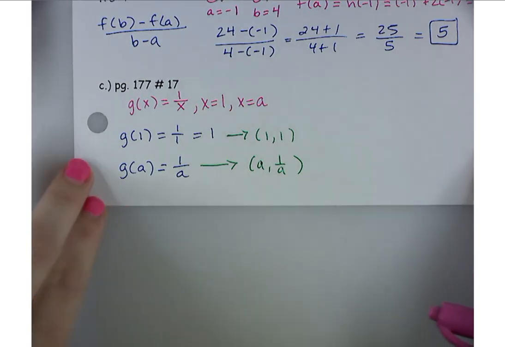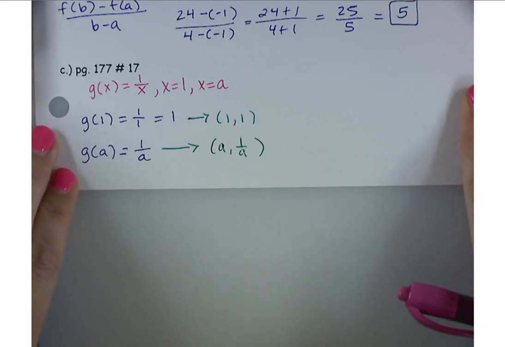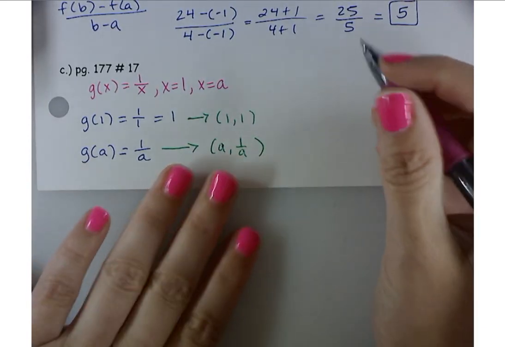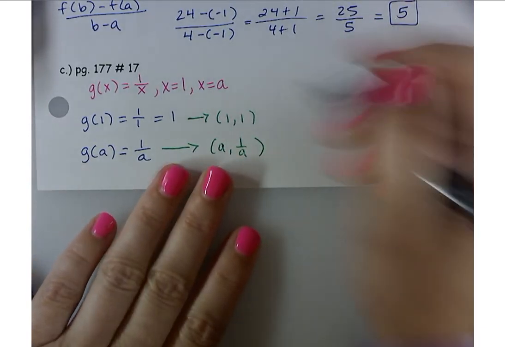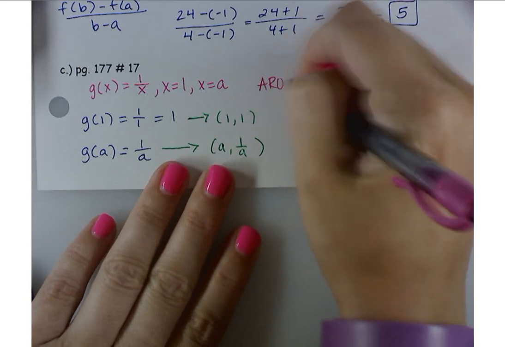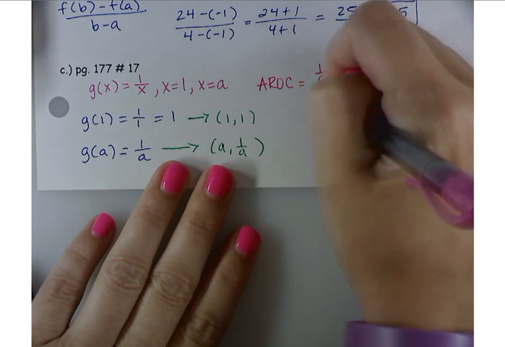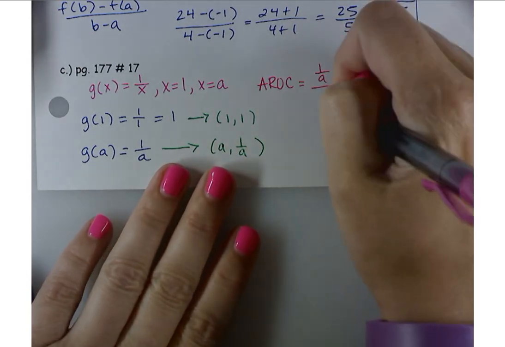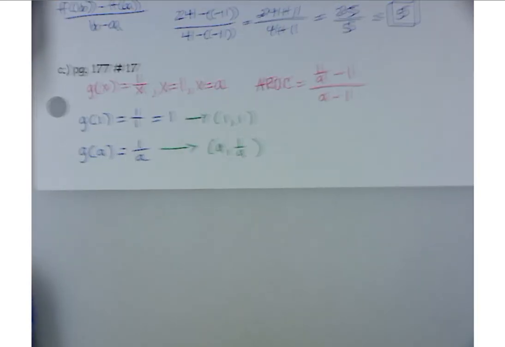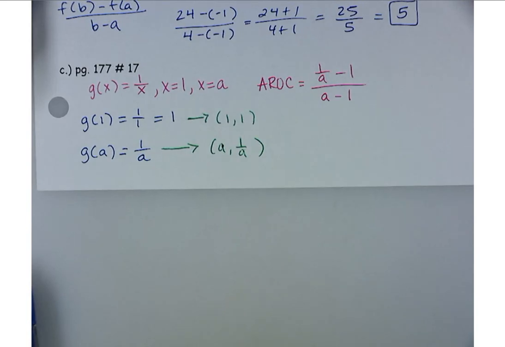Plug it in? Okay, tell me what you got. Well, 1 over a minus 1 over a minus 1. Okay, good. So your average rate of change is going to be 1 over a minus 1 over a minus 1. What do you guys think? Are we going to leave it like that? No, because that's